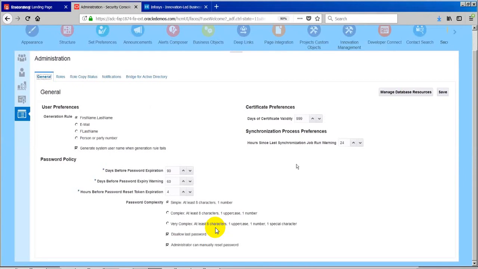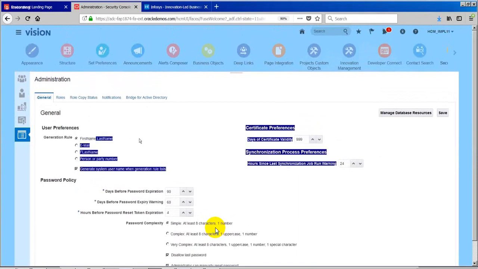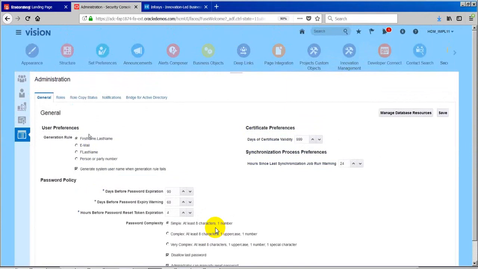Number two is everyone relies on the HR system. They are waiting for the HR system to generate the username and give it to them. In that case, these preferences play a major role, because as they are relying on the Fusion application or HR system to generate the username, we should know what our company policy is to generate the username. First name, last name, email.